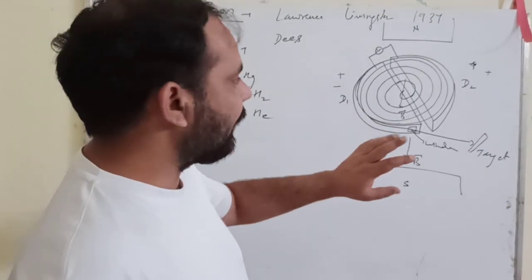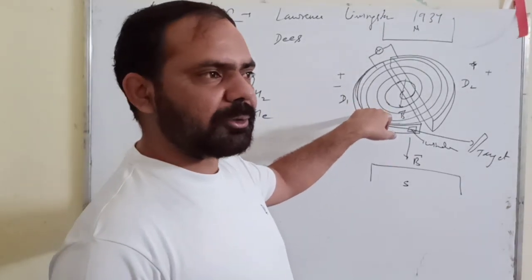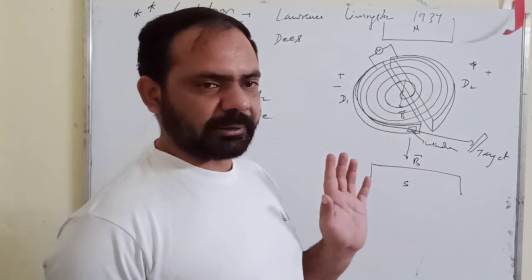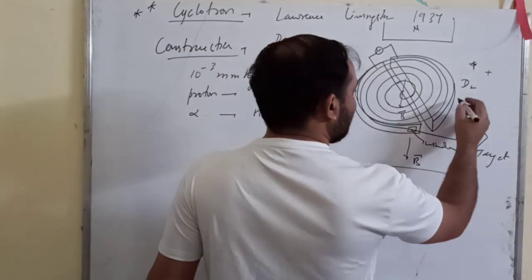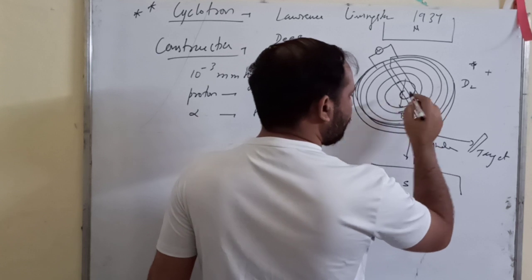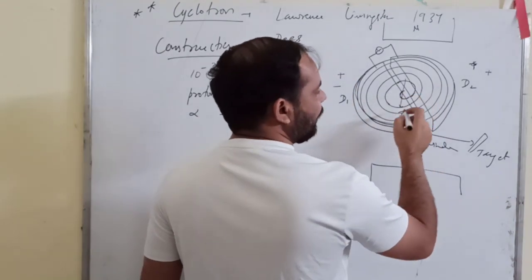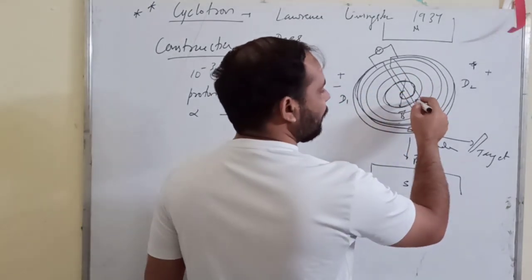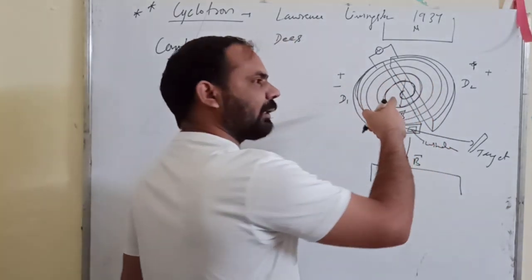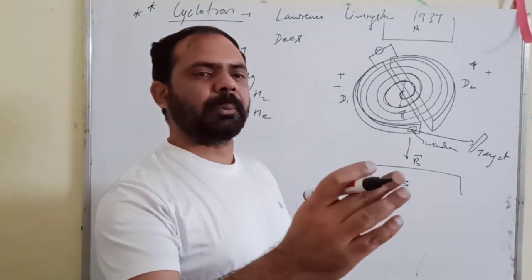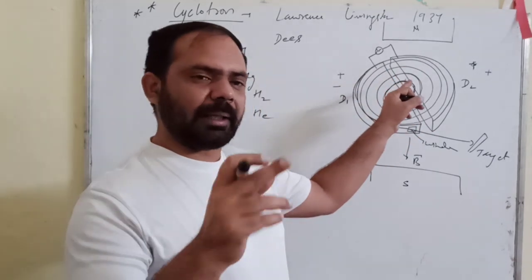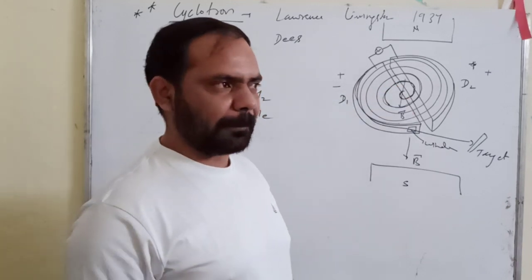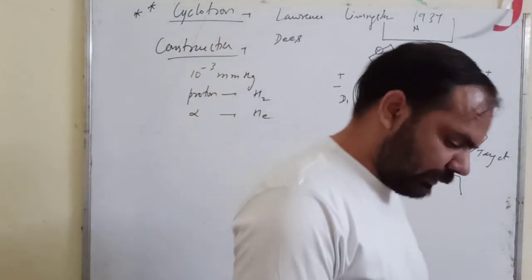Now what you have to remember is that the increase in velocity is equally compensated by the increase in radius in such a way that the time period remains constant. Suppose if it took 2 seconds initially to reach from this part to this part, then from here to here it will take 2 seconds only, then here to here also 2 seconds only. Now what is happening? The path to be travelled is increasing, but the time period is constant, it is reaching in 2 seconds. So it means that its velocity is increasing. This way we accelerate it.